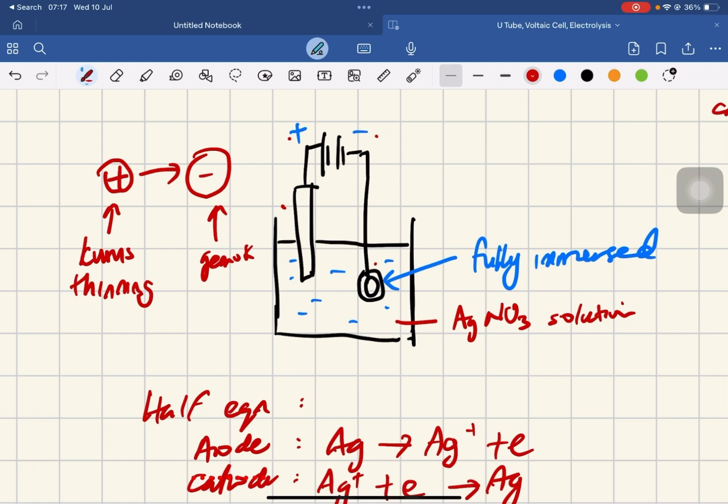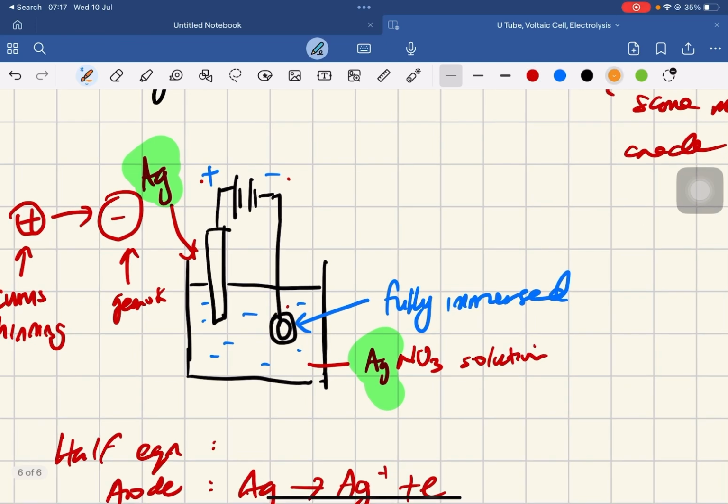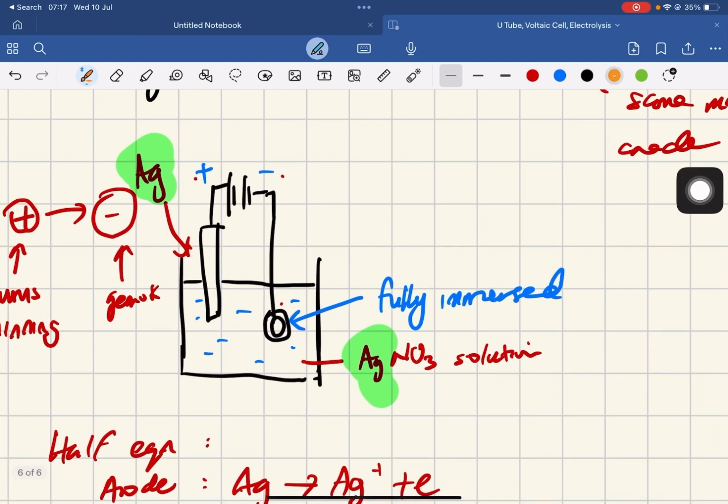Okay, so that is your simple illustration lah. So you kena label also lah, macam ni itulah. This one apa? Ag gitu. Okay, make sure tally macam mana your electrode dengan your electrolyte of the same material. Okay, so what happen is, kalau you tengok, dia akan mengurus macam mana? This electrode, silver electrode tu, dia akan corrode jadi kurus lah, macam tu. Gitu. What happen? Dia keluarkan Ag plus ion. So Ag plus ion in the solution akan